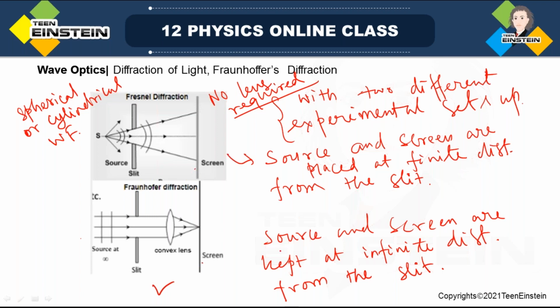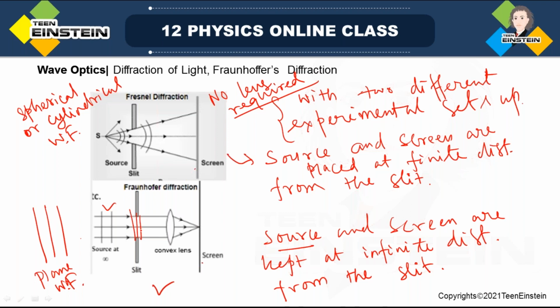Because of that, when your source is at infinity, what will be the shape of the wavefronts? The wavefronts coming from the source at infinity will be plane wavefronts. I'm writing WF for wavefront. So when the plane wavefronts are coming and illuminating the slit, after diffraction those plane waves actually remain plane waves,